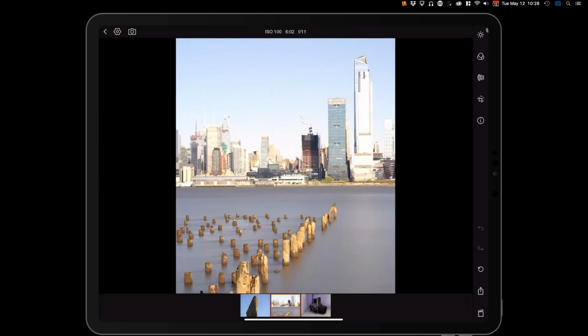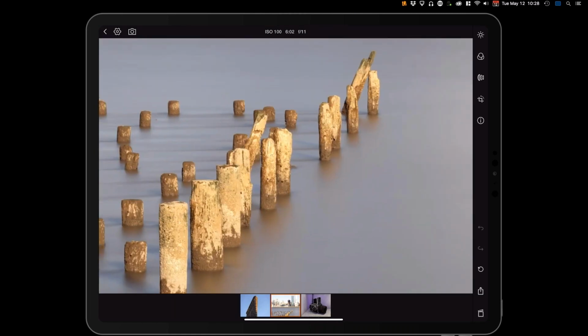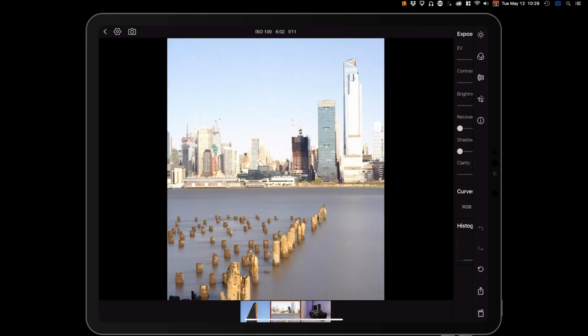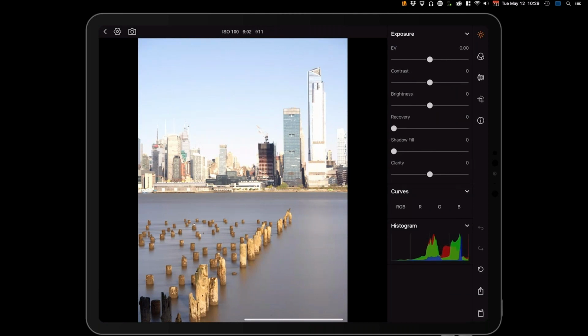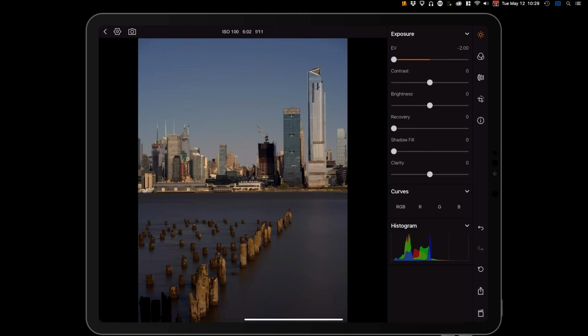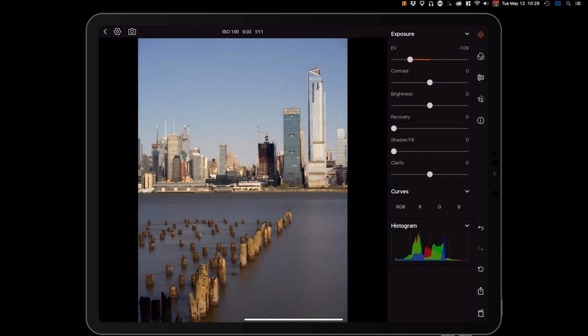So it's a fair bit overexposed, and in this case, it's a 6-minute long exposure, shot with a Polar Pro ND1000. So I was able to get that glassy look on the water and really smooth things out in this aesthetically pleasing way. But I do want to bring the exposure back down. And one of the strengths of using Phocus Mobile 2 with the Hasselblad files is that you're working with the full resolution and dynamic range of what the camera is capable of. So even as I dial in a 2-stop exposure drop, I'm still able to retain data that was previously just blown out, even past the average 14-stop dynamic range of the X1T2.